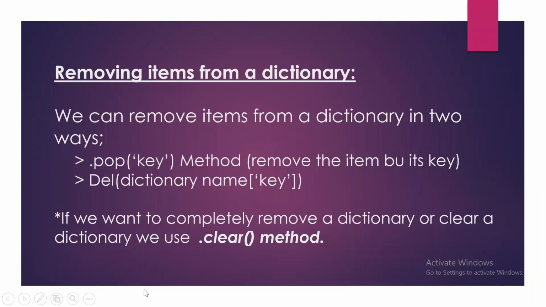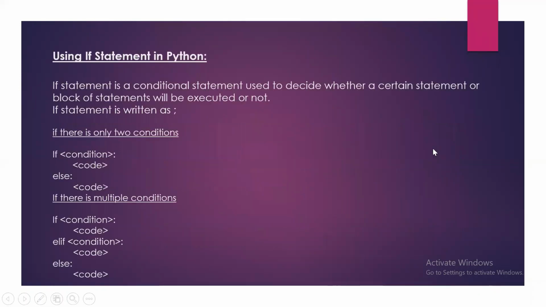Now, we saw how we can remove an item from a dictionary using the pop function and the del function. And if we want to clear a dictionary completely, we use the clear function. And now let's see